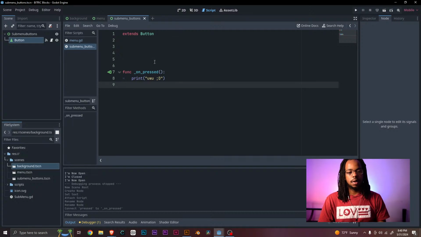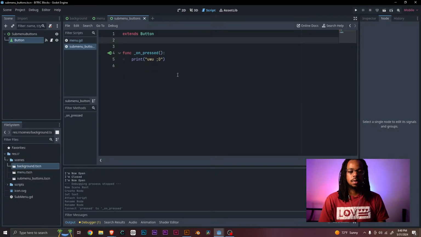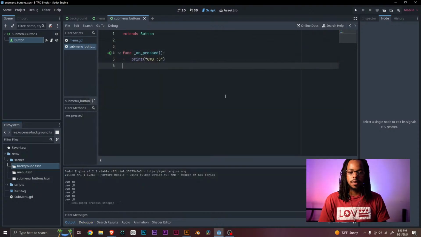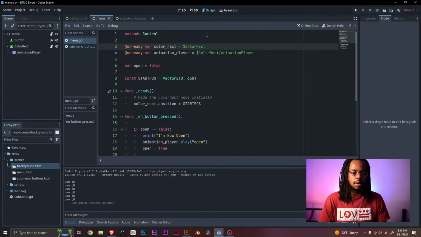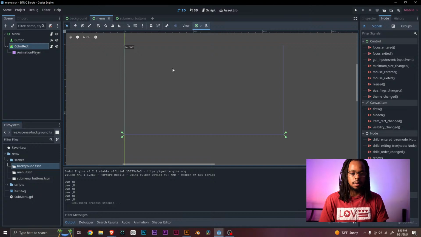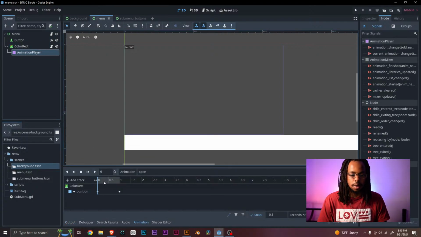Okay. So then we'll save this and test it. We get a "ooh" winky face every time it's been pressed. Come back over here into the menu, go into 2D mode, go inside of color rect, and then we're going to go into the animation player,